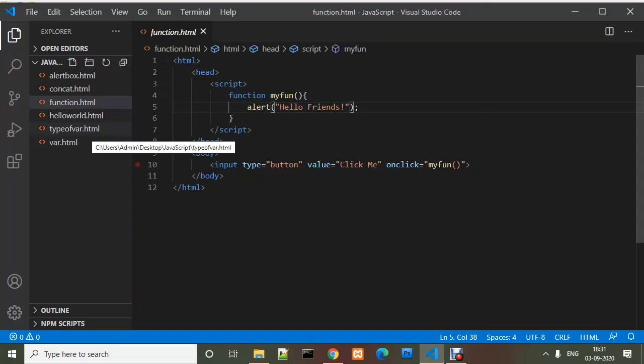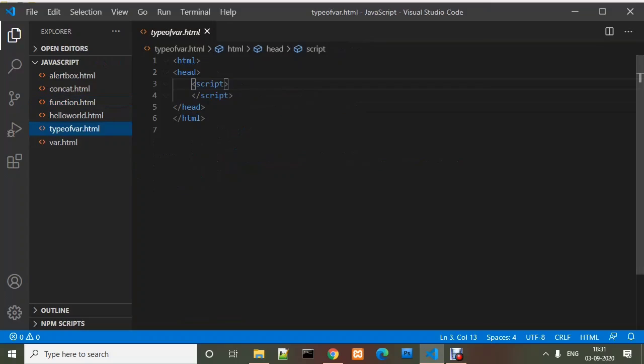So I have already created a file named types of var, and that file contains only HTML text for now.